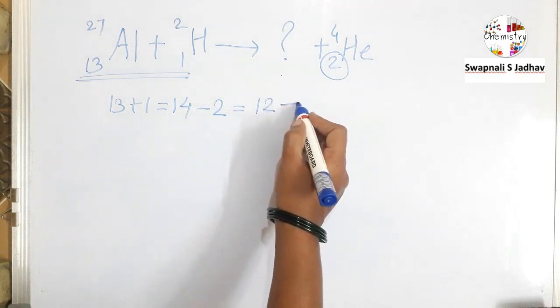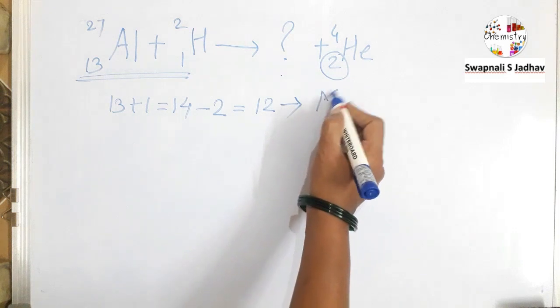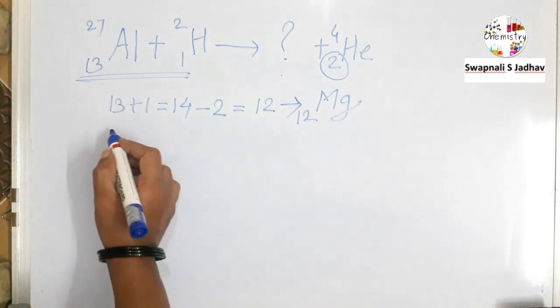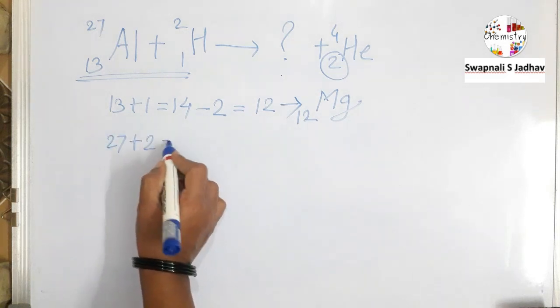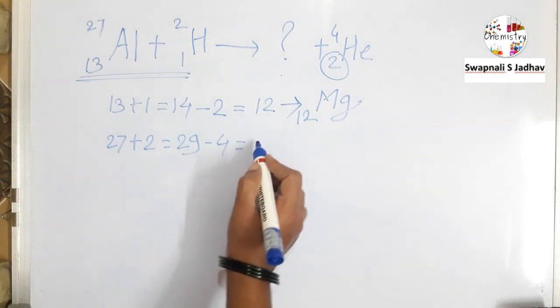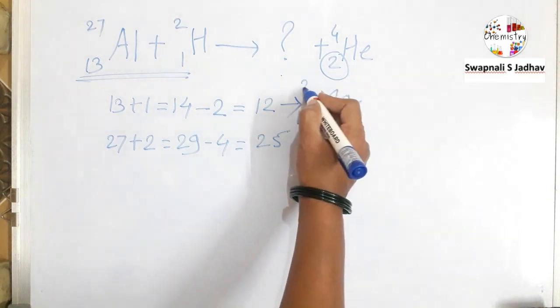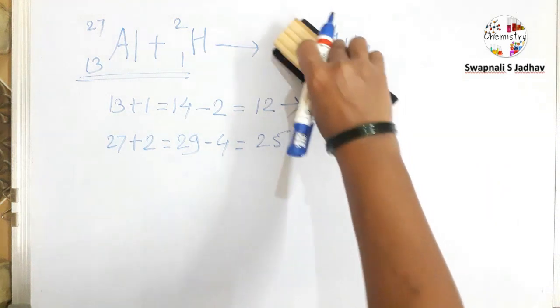So the element having atomic number 12 is which element? Magnesium. So magnesium 12. Mass number 27 plus 2 is equal to 29, minus 4 is equal to how many? 25. So the mass number is 25, meaning the product obtained